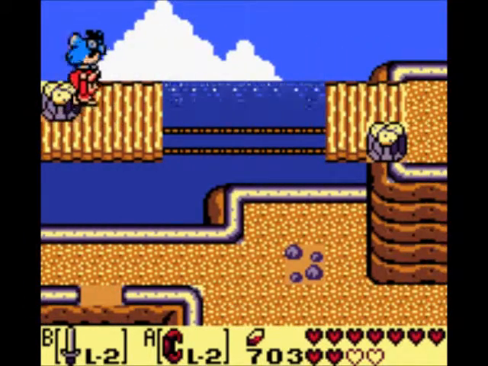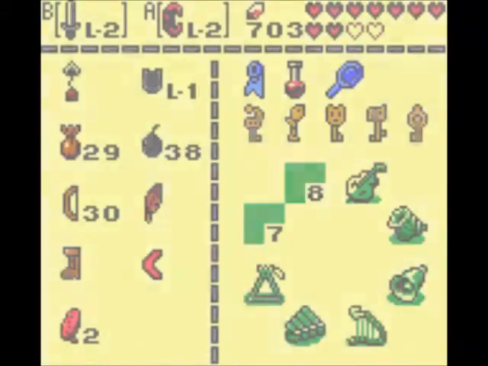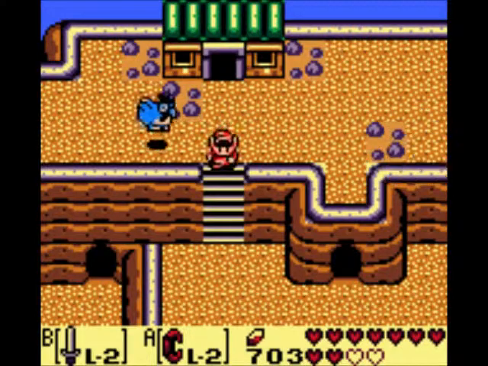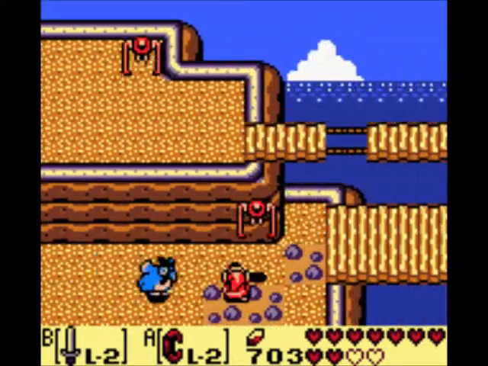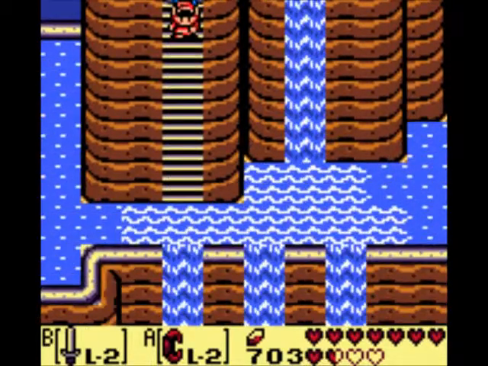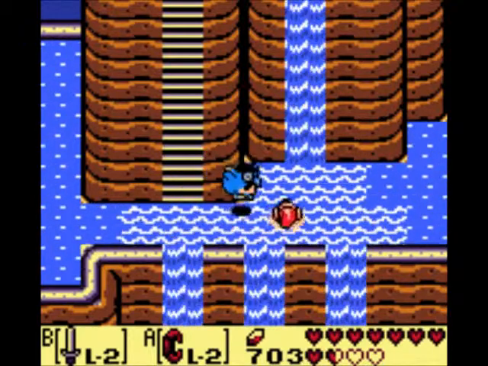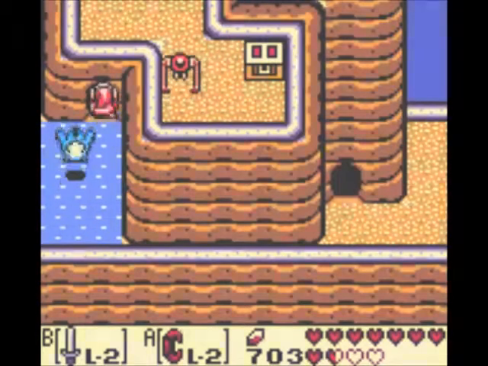From here, you want to backtrack right 3 screens to the cuckoo house, and then you want to go down the steps and go right 2 screens. Now you want to head down the steps and swim to the right, and then go right a screen. Now you want to enter the cave,